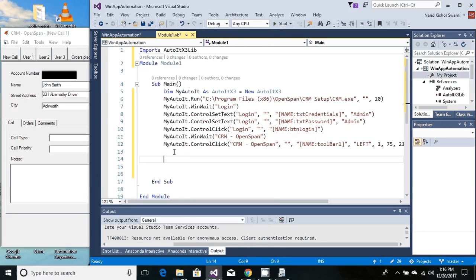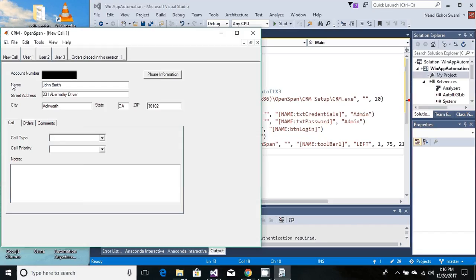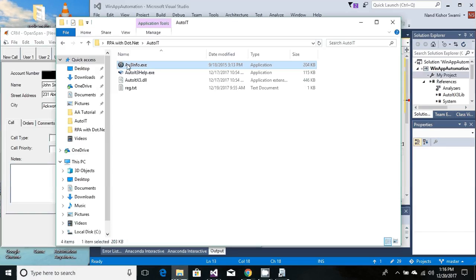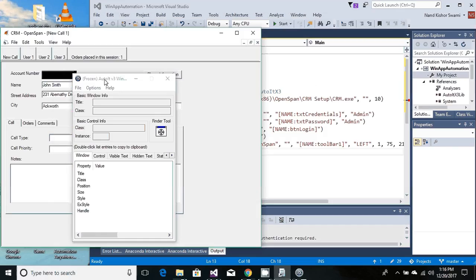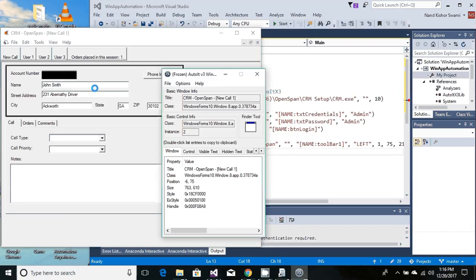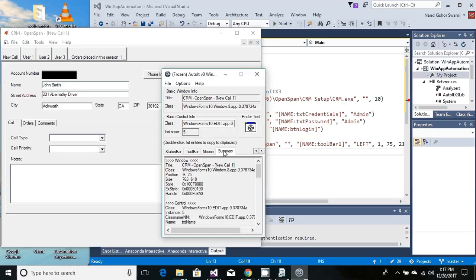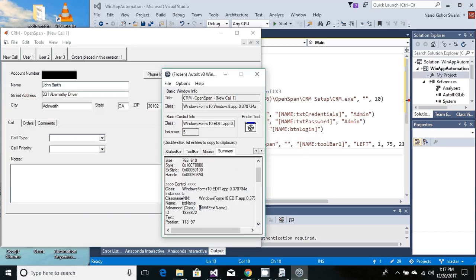Once you click on it, just wait for a certain time. Or grab the value from the name field. So again, to grab, you need the same exe, just drag and drop on the name, and same, we need the control value, which is under advanced. Copy,